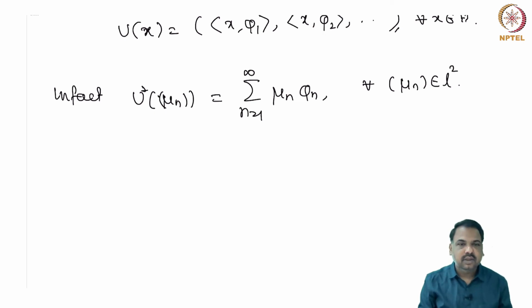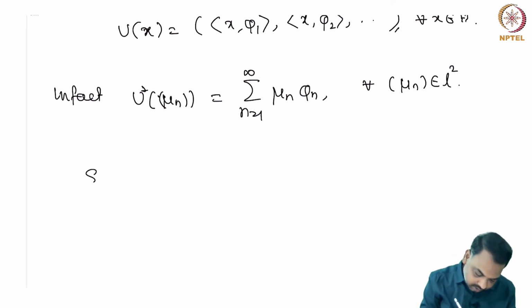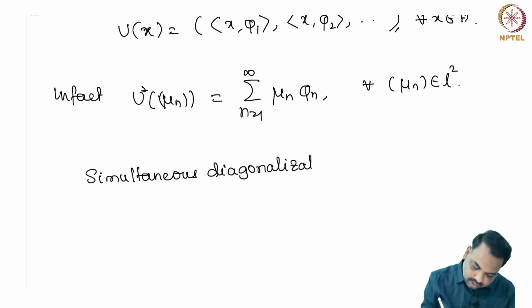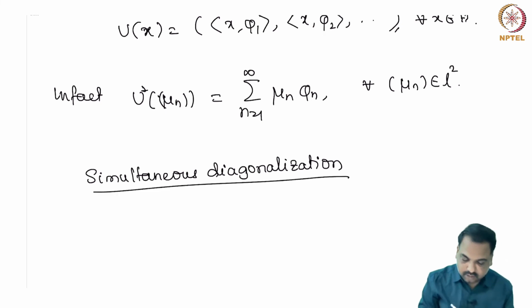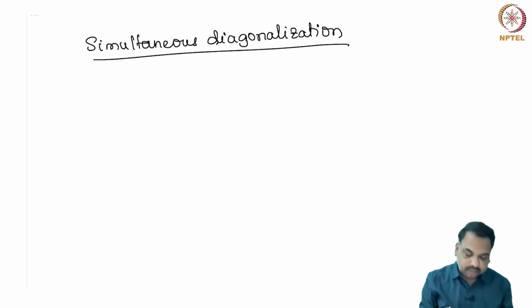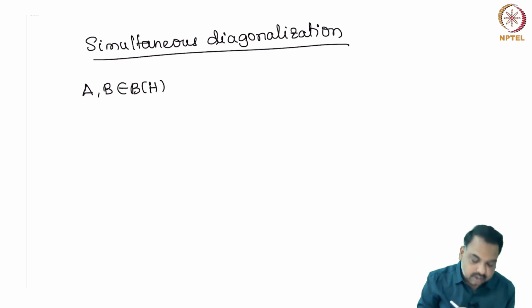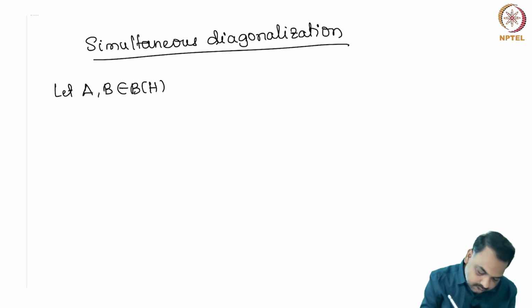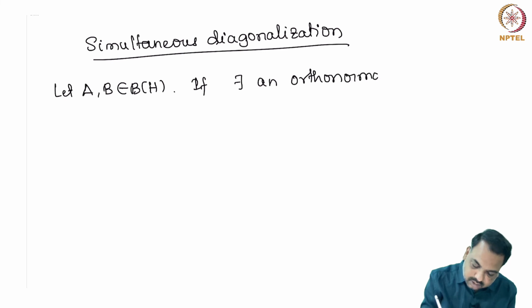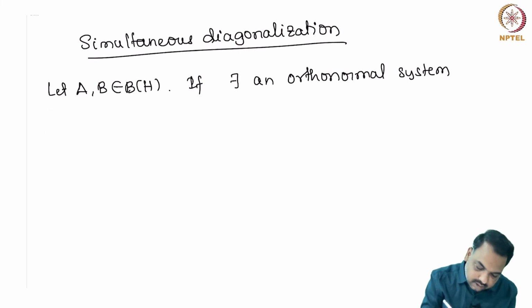Okay, so this is about compact normal operators. Actually there is another way of proving the spectral theorem for compact normal operators using simultaneous diagonalization. Suppose we have two bounded operators, A and B, which are bounded. If there exists an orthonormal system phi 1, phi 2, phi 3, and so on,